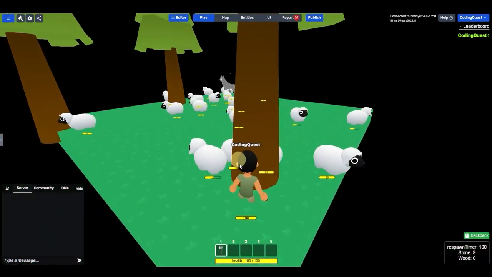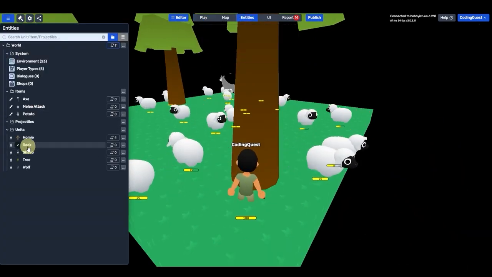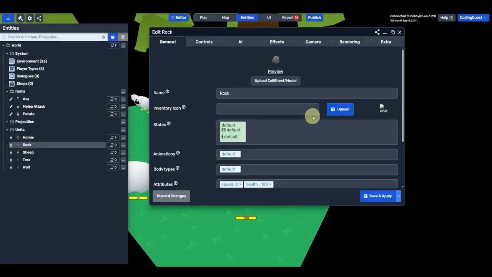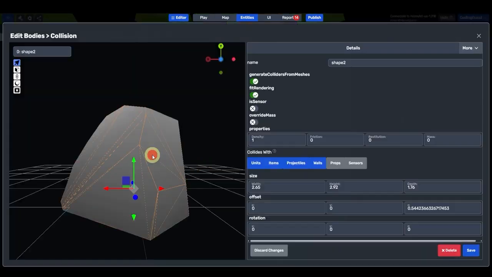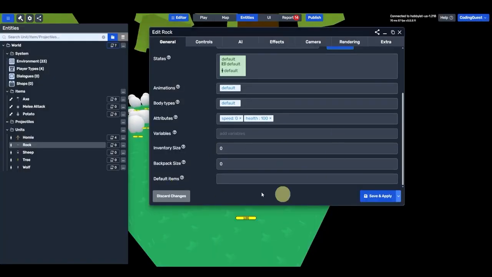So for the wood and stone, though, do make sure you add the collision properly. So for the rock, I did change some of the attributes a little. I made sure that the z-index is on the floor. And for the collision editor, I just changed it to generate collider from here. And again, turn these on or off. But the important one is the items. And that's it. So make sure you have the collision properly set, and you should be able to have